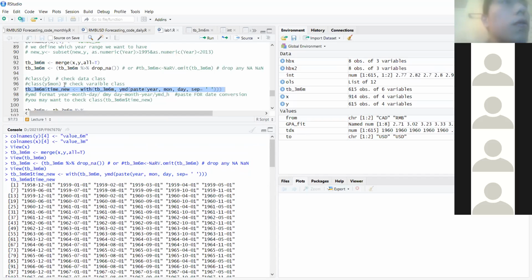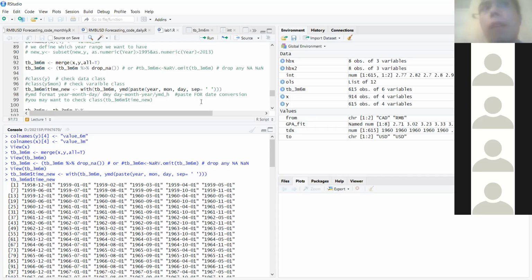You can see this is a new command. I put this, sorry, $ time new with tb3m6m ymd paste year month day separate blank. So what is it about? Let me introduce this magic command, which is probably the most important in RStudio,